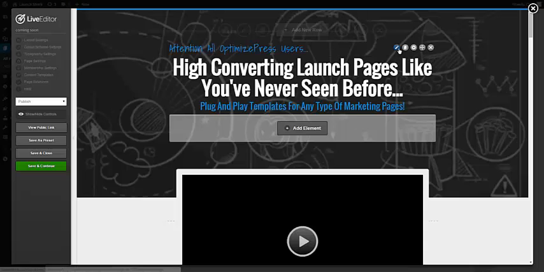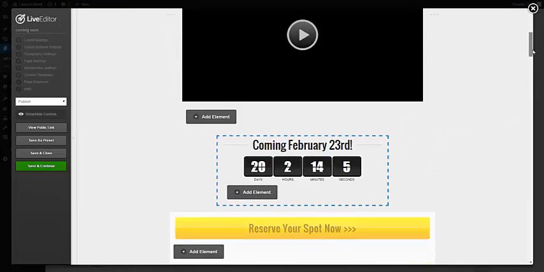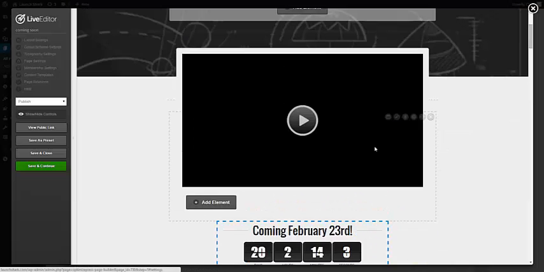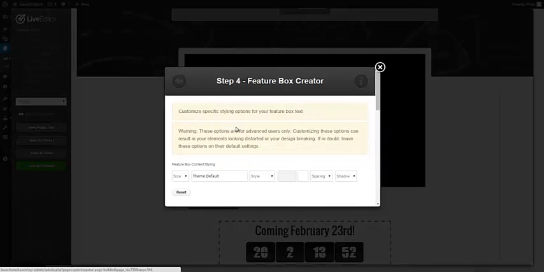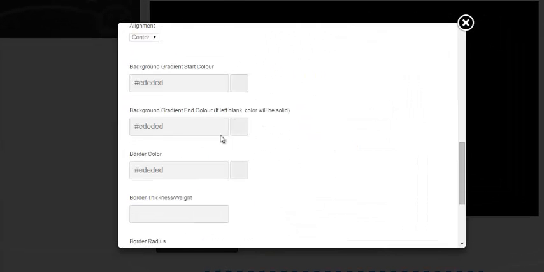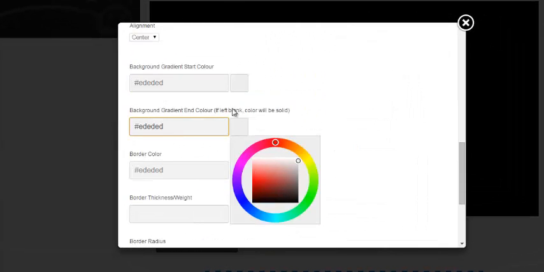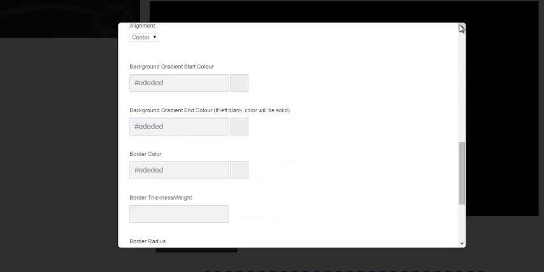You can customize every element here, the little call to action, the headline, the subheadline, your video here is set to a margin to raise up here. So if you want to change the border of this video, you would click the square and then come down to the color, and here's the color that matches this background out here, and then you would save it